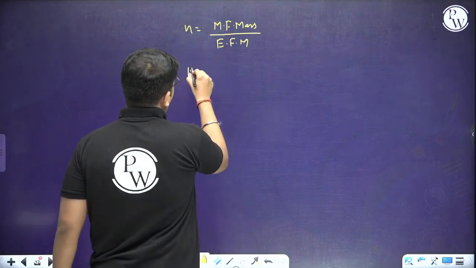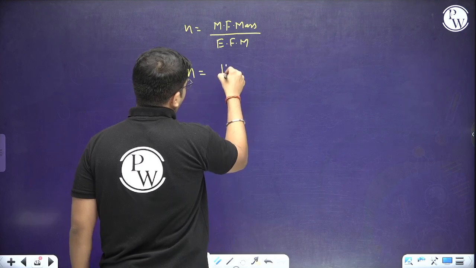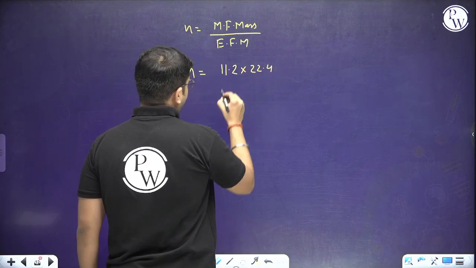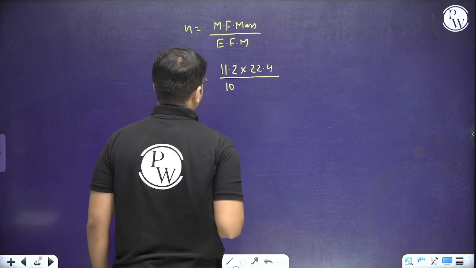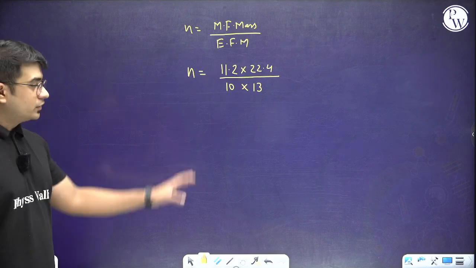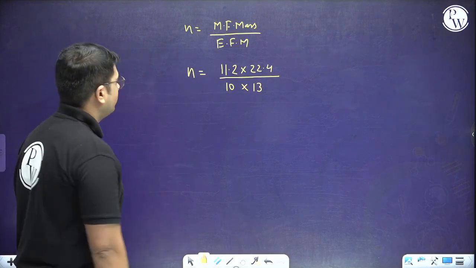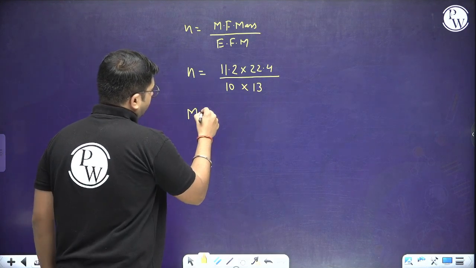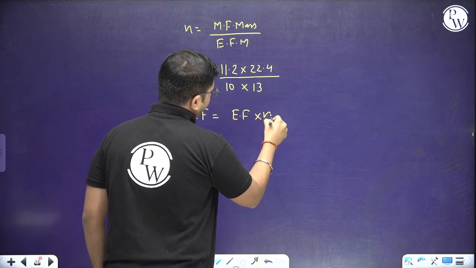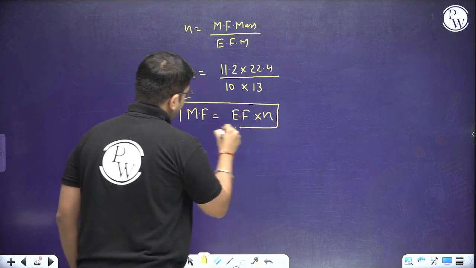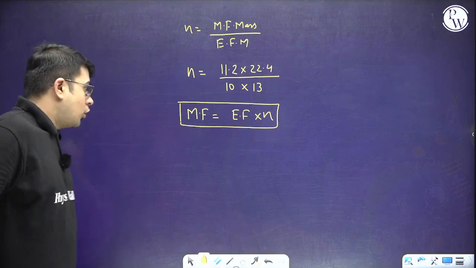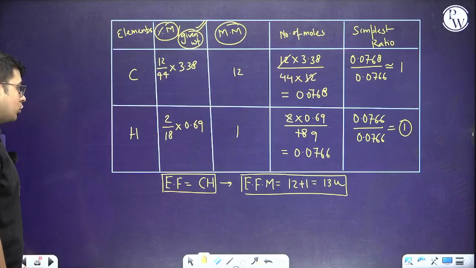So from that part, N will be equal to 11.2 multiplied by 22.4 divided by 10 multiplied by 13. So this will give us the value of N, and from that part we can say that molecular formula will be equal to empirical formula multiplied by N. I hope this entire part is clear to everyone. If you want, you can do the additional step also here